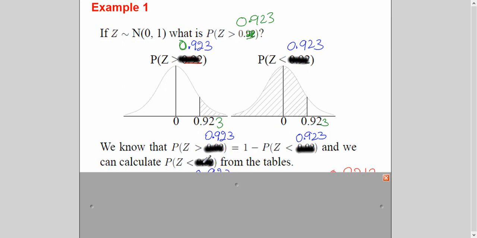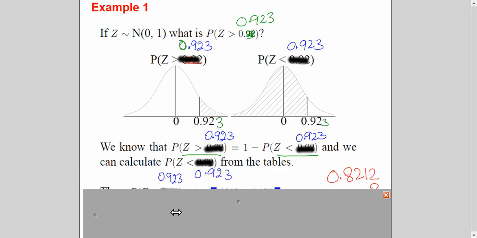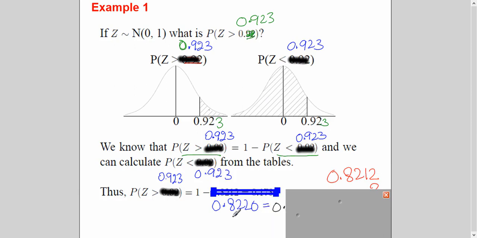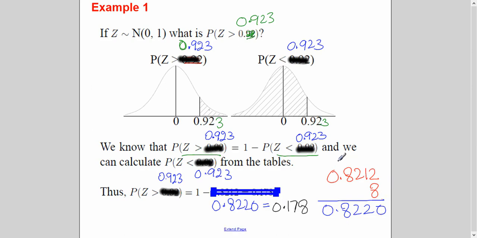This is how you will write down your probability. Now just see how it is written: to calculate this probability, you have to do 1 minus the probability of this. Can you notice this line and this line? That's how you write it on paper. And when you write it from there, you get 0.8220, and this is your answer. So I have told you how to calculate 3 decimal place z values.